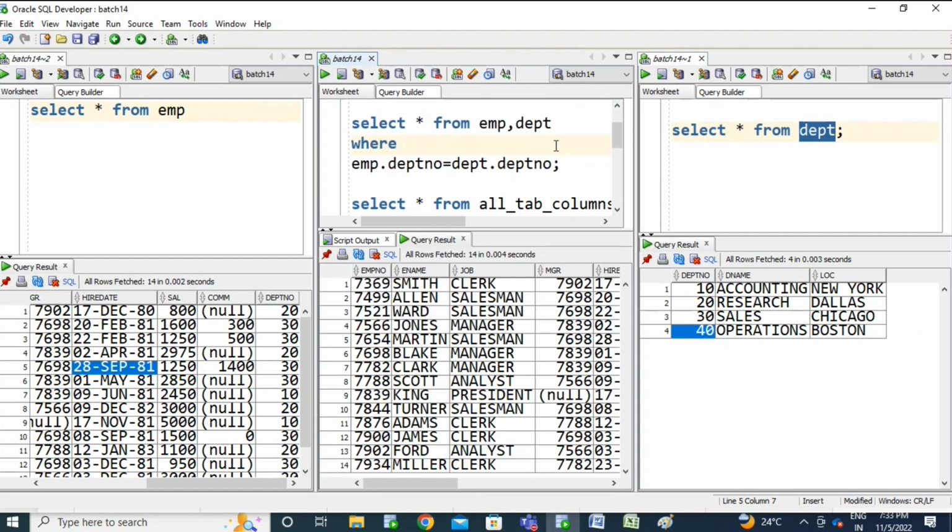We can simply use the outer join. So you are trying to get the out-of-scope values. In scope means inner join, out of scope means you are trying to get the non-matching records as well, those that do not match between table A and table B. To retrieve that particular information as well, go with the outer joins.